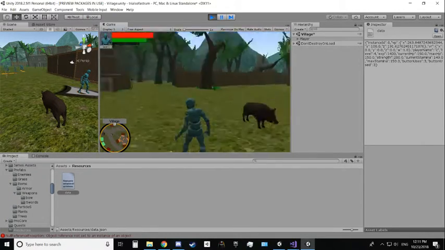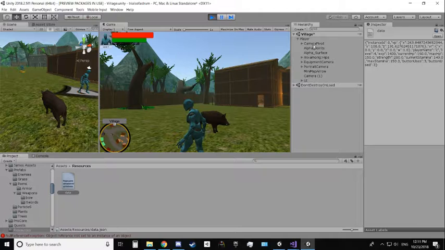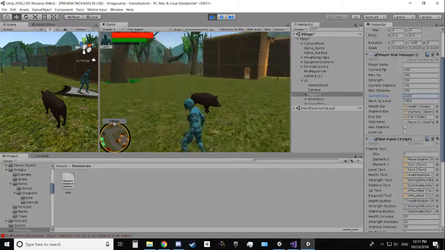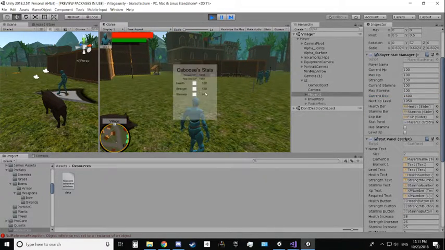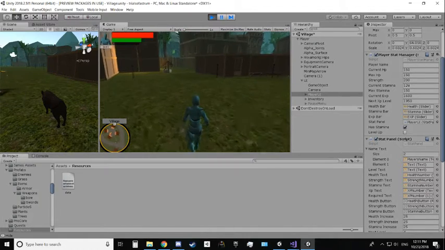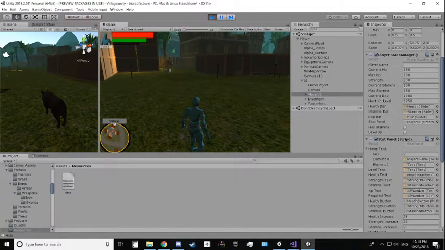So if you go to player, and you level up, I am now level 3, and I can upgrade my health and stamina and all that. So everything went up, and if I press E to save,